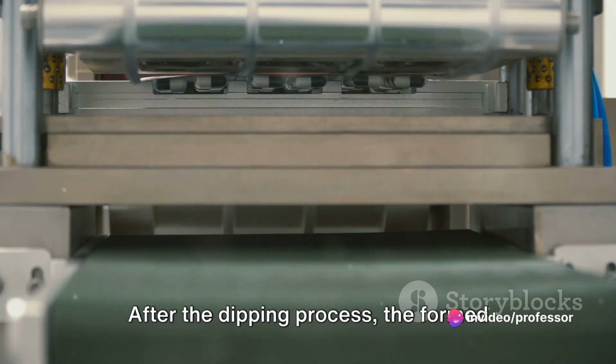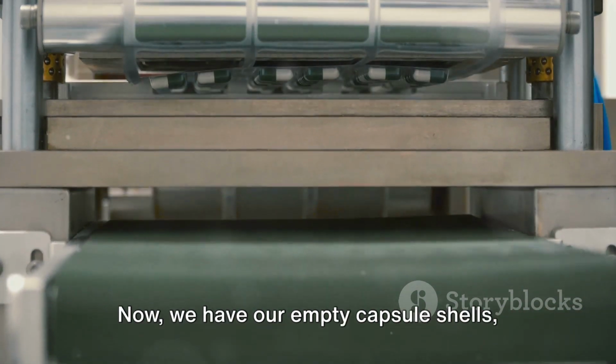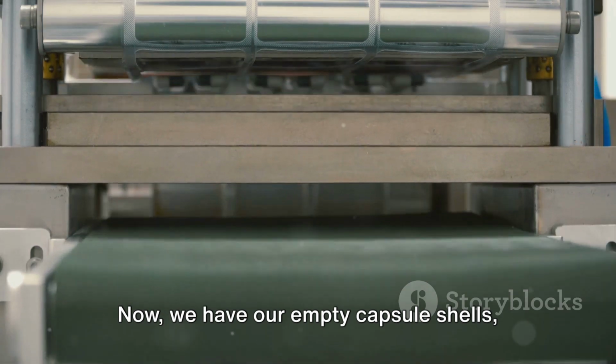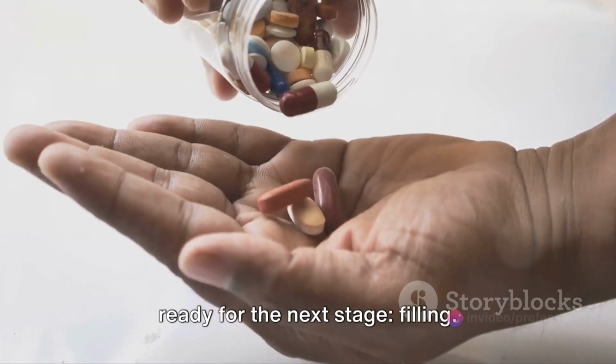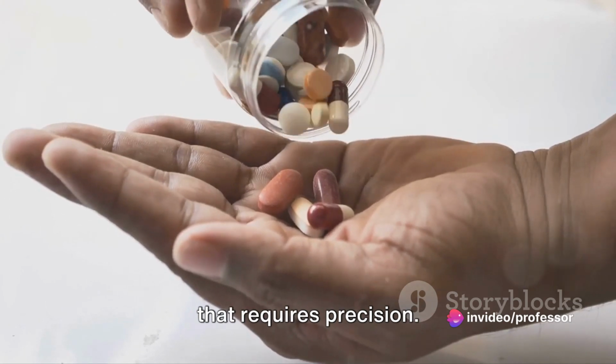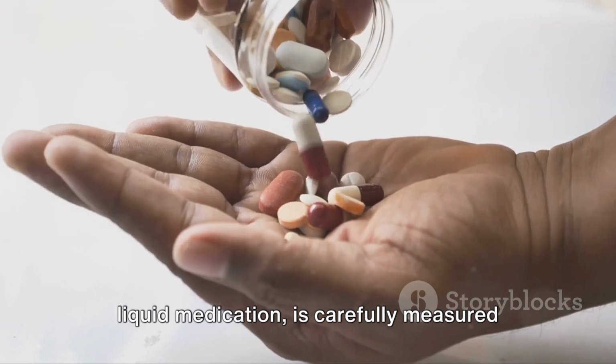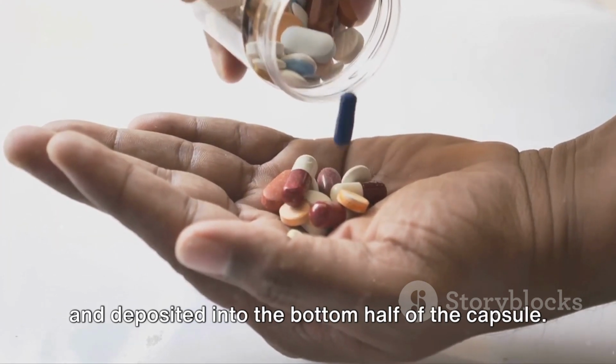After the dipping process, the formed capsules are then stripped from the pins and cut to the appropriate length. Now, we have our empty capsule shells ready for the next stage, filling. Filling the capsules is a delicate task that requires precision. The fill material, usually a powdered or liquid medication, is carefully measured and deposited into the bottom half of the